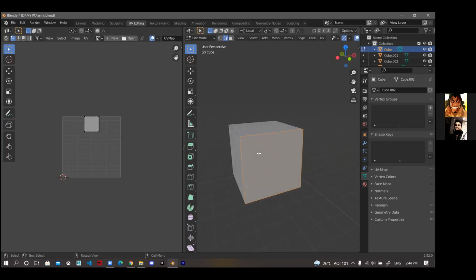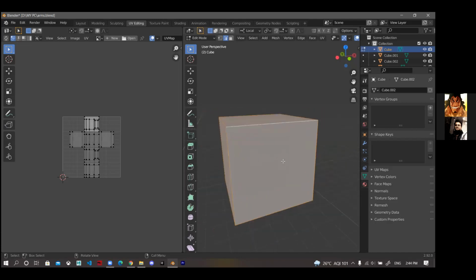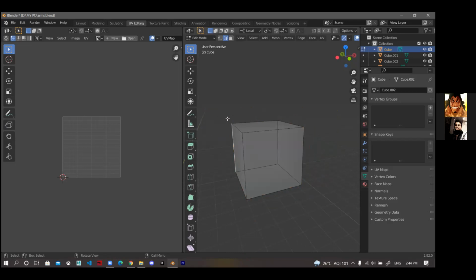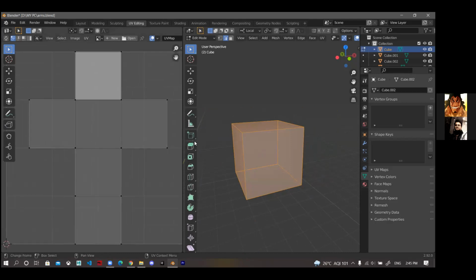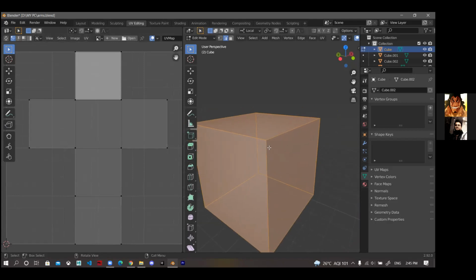Like, select, this is the unwrapping of this. This is the UV unwrapping of this 3D cube. UV unwrapping simply means cutting this 3D object along the edges.